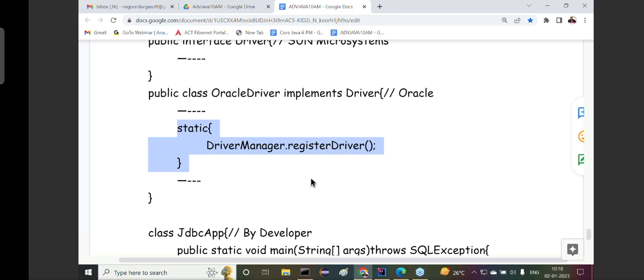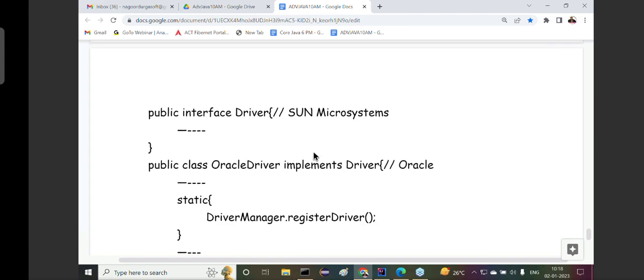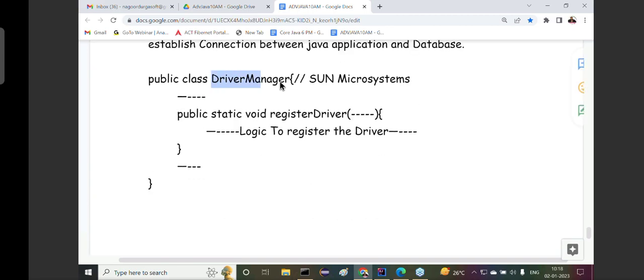We know this fundamental point already. At the time of loading class bytecode to the memory, automatically the static block will be executed. Part of the static block, what is it executing? The DriverManager.registerDriver method is executing. Flow of execution will go to the DriverManager class. Inside this registerDriver method, the logic to register the driver will be executed. By the execution of this particular logic only,